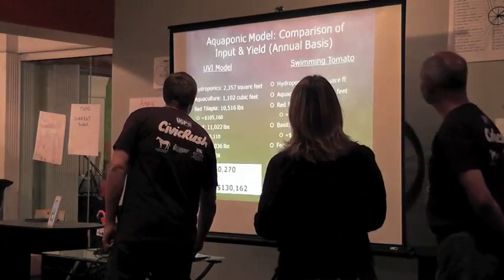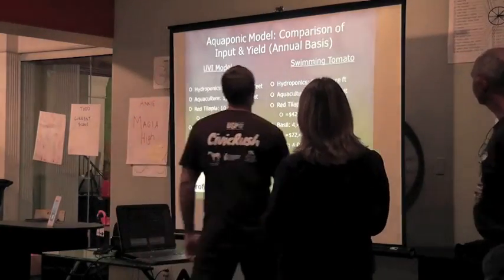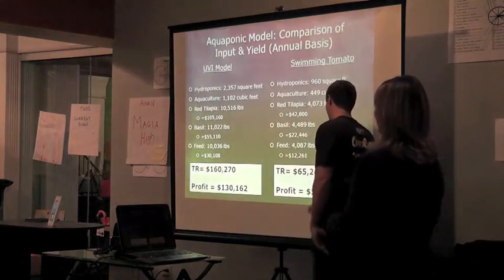All right, this is the diversity of aquaponics, but now we're going to talk about profit. As you can see here, in year one, we earned